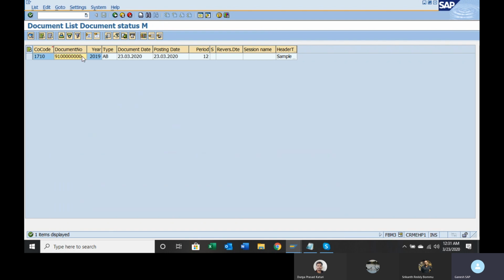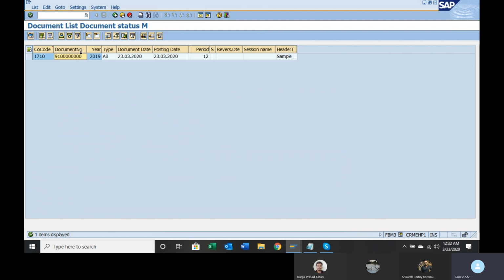Whenever your executive or user comes and asks you, give them this and tell them to use it as a reference and post their share capital document. Clear? So this is what a sample document is.